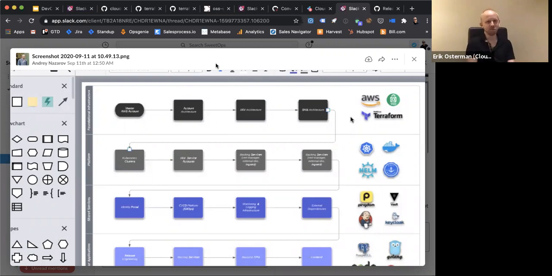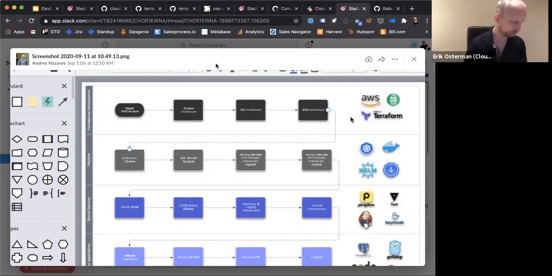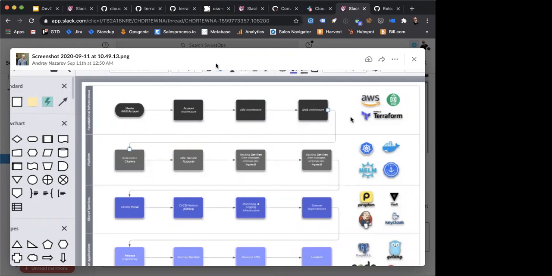So if you bungle the NS delegation, you can wipe out the entire zone. But these are cold start problems, usually before production, so hopefully it's not an issue. Or when adding new stages, records, accounts, all sorts of stuff. When you have to create a lot of config, it can become problematic.